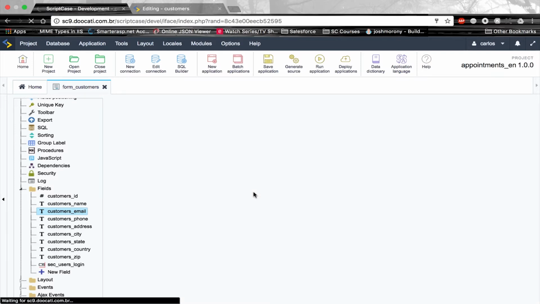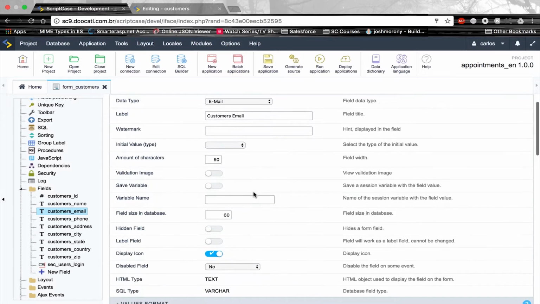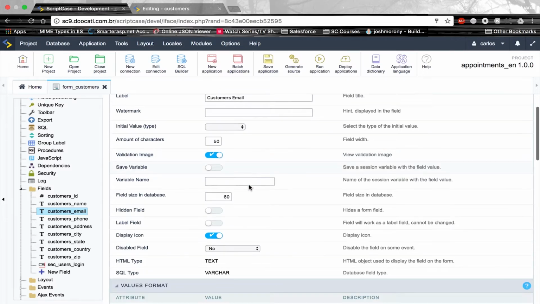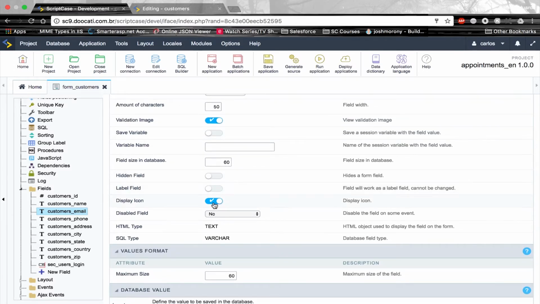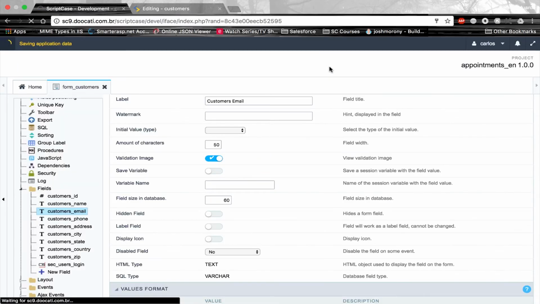Alright. This is going to refresh the page and load the custom settings for the email typed field. In this case, I'm going to enable the validation image, and I'm going to disable the icon. Doing this, if I run the application,